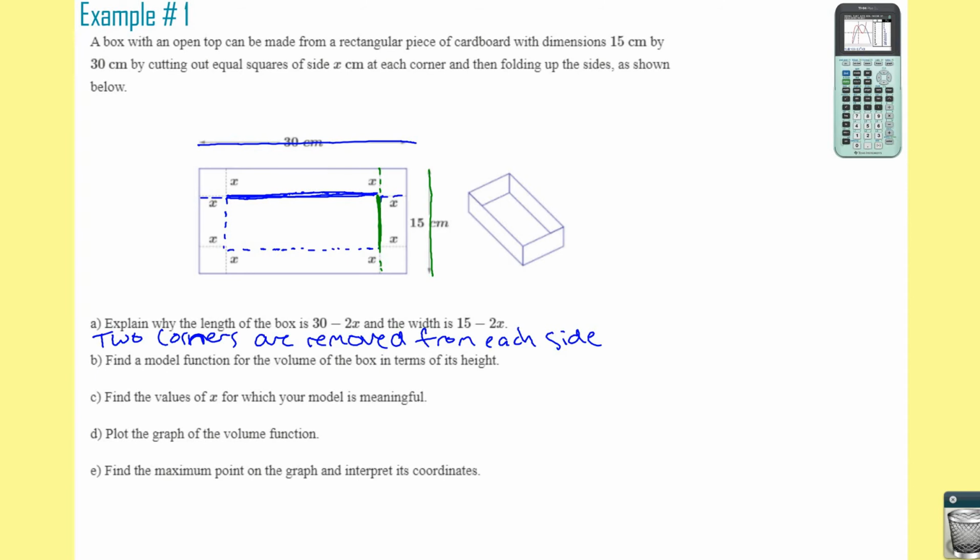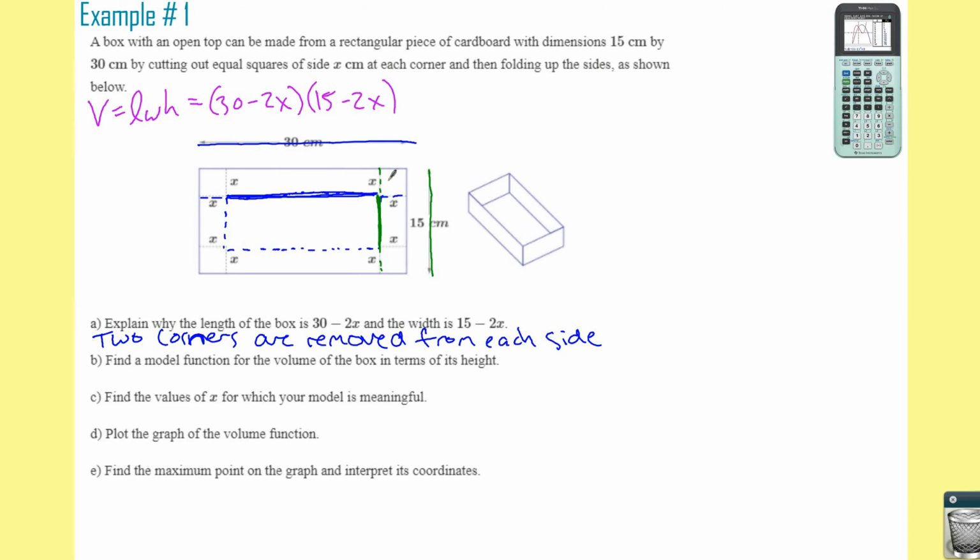Alright, so that's how I'd probably write it. 2 corners are removed from each side. It's the length minus 2 of the corners. Okay, so find a model function for the volume of the box in terms of its height. To find the volume of a box, you do length times width times height. So we just discovered that our length was 30 minus 2x. We found our width was 15 minus 2x,